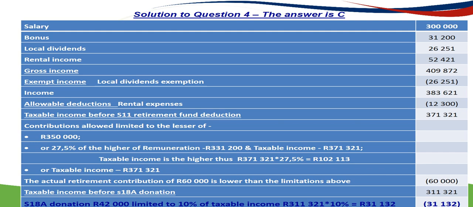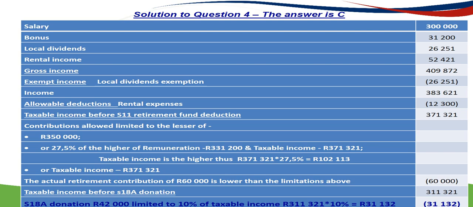371,321. The retirement deduction of 60,000 is then limited to the lesser of 350,000, 27.5% of the higher remuneration or taxable income, or taxable income in total. Because the contribution was lower than the limitations above, you deduct only the actual retirement contribution paid of 60,000, and the total before the 18A donation would be